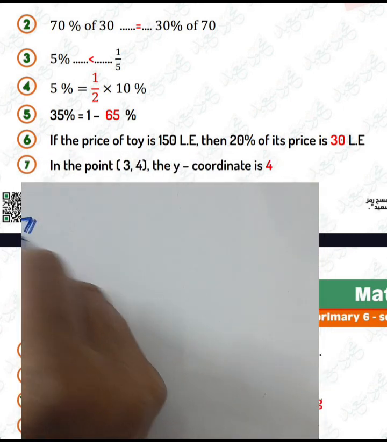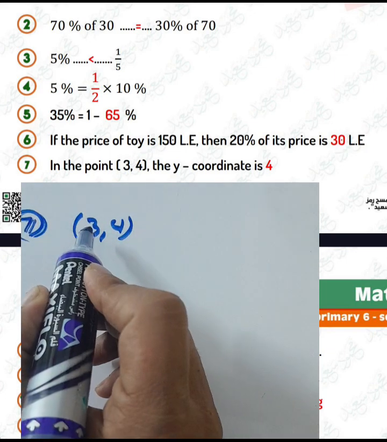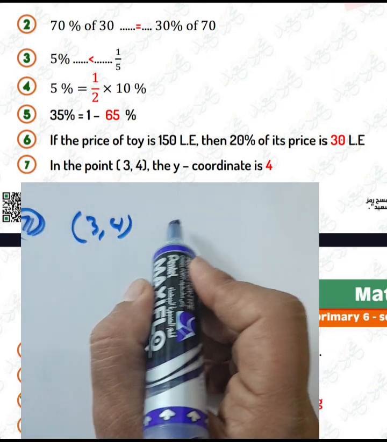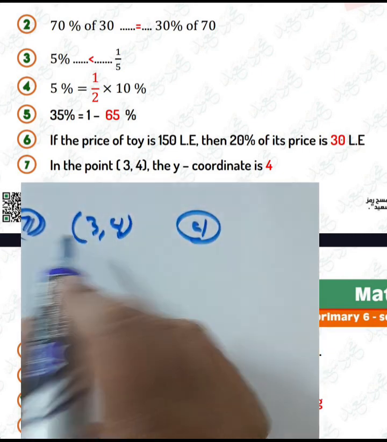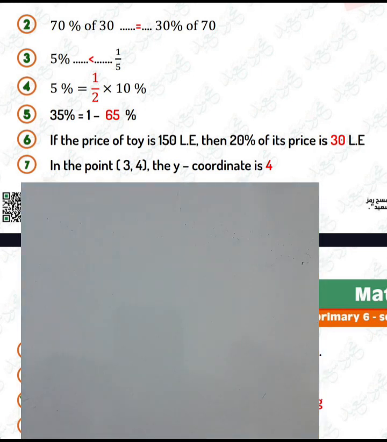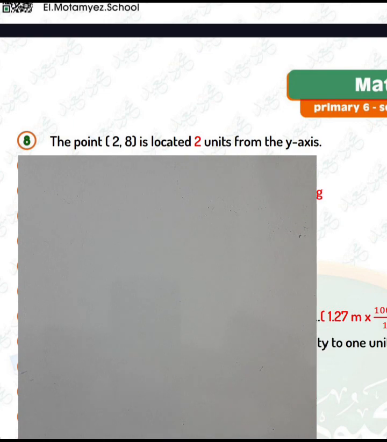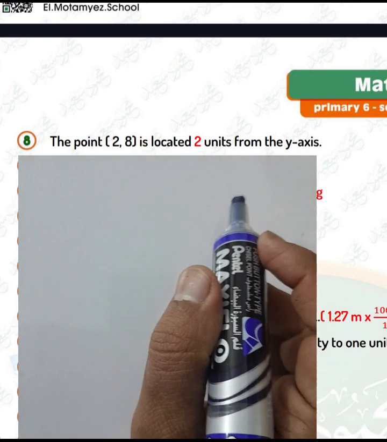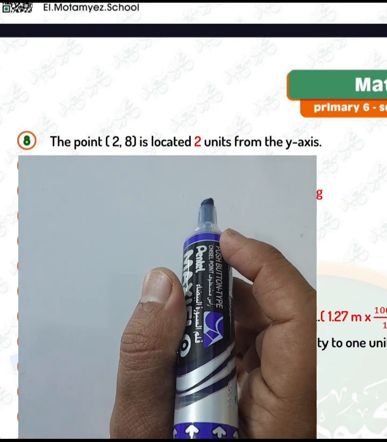Question number 7. The point 3 and 4. The y coordinate here will be 4. 4 is the y coordinate and x here is coordinate 3. Okay, it's very easy. Next question, a point here located space units from the y-axis. He asked about the distance from the y-axis. Look at